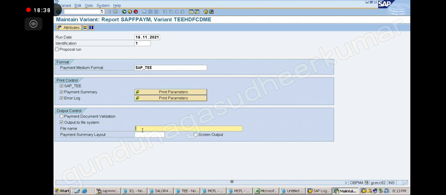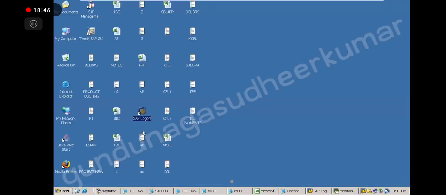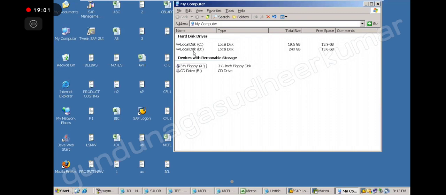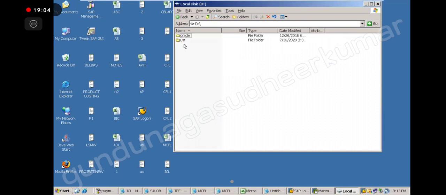So here we have to understand where we are going to save this file. Now this is my system, na? In the system, do you want it on the desktop or a separate folder? Rather than on desktop, a separate folder is better, right? So I will go to my computer, D drive, user, because I am a user, na? User, SAP, ECC. In that DME, one folder I will create.